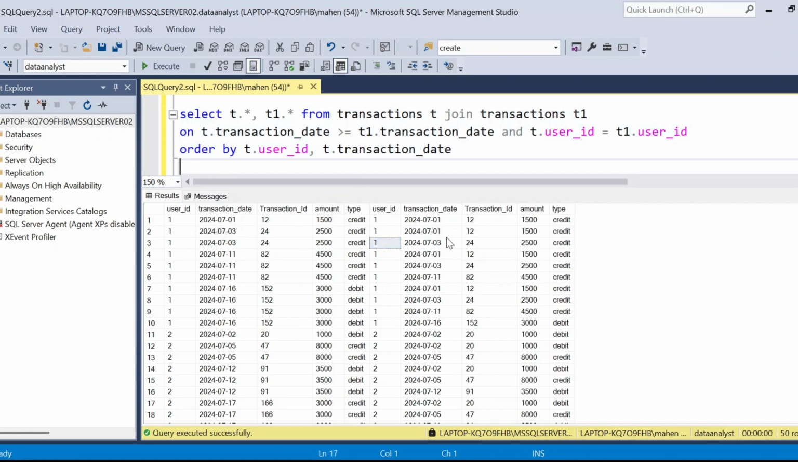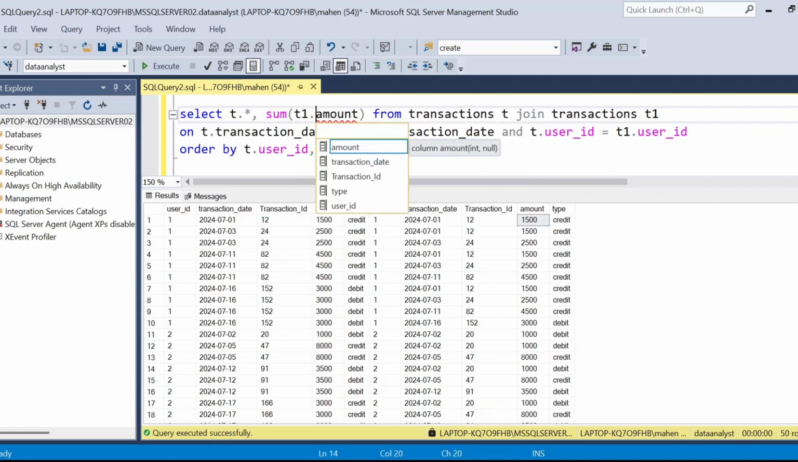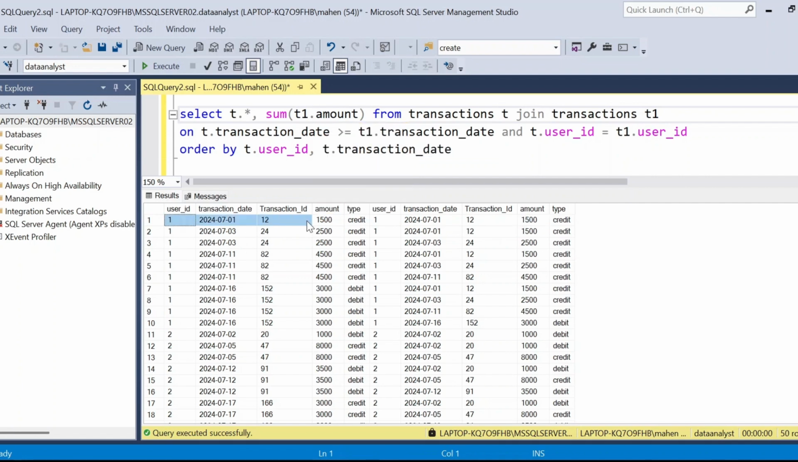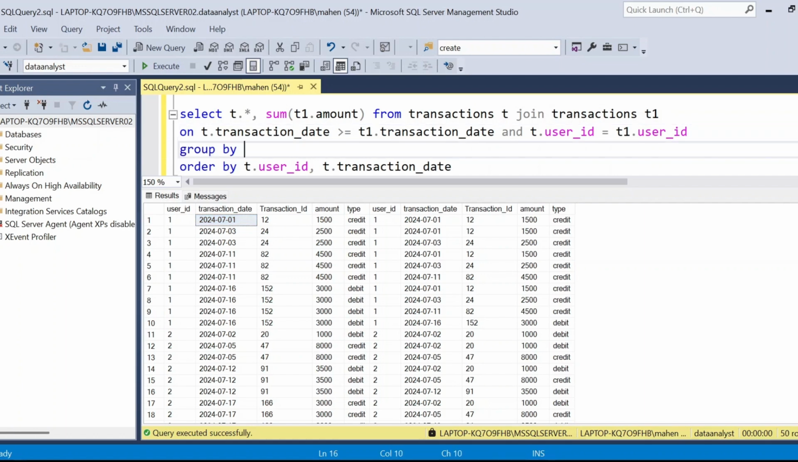So now what do we have to return? We have to return the sum, I mean the total values, of this particular amount. So you have to use sum of amount from the second table, right? So you have to use t1.amount. Now how are we going to add all these values for these particular groups? You have to keep all of them in a group by. Now I'm going to use group by of t., that is from the first table: t.user id, t.transaction date, t.transaction id,